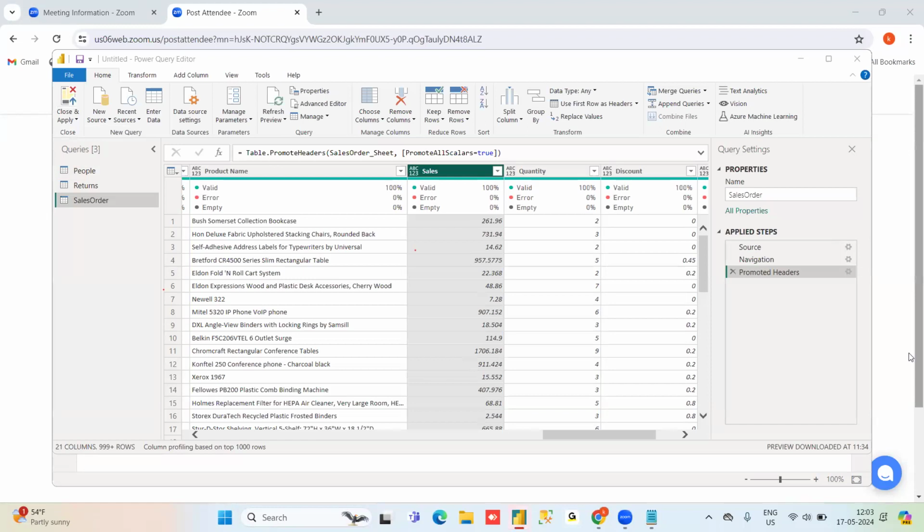Okay, how you are going to share means you have to publish your report in Power BI service. Got it? We are going to publish our report in Power BI service. I will show, but again, it is not responding. With the help of the Power BI service, we are going to share our reports to the different users.